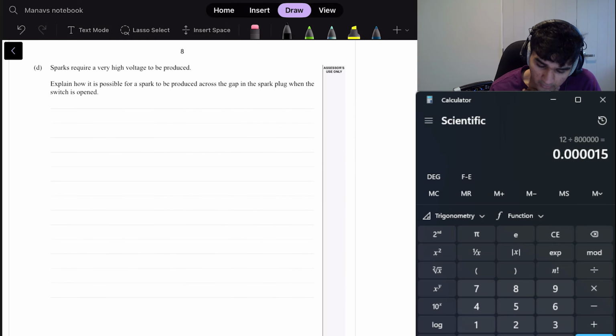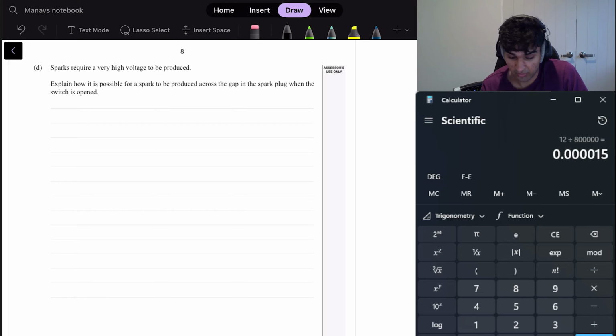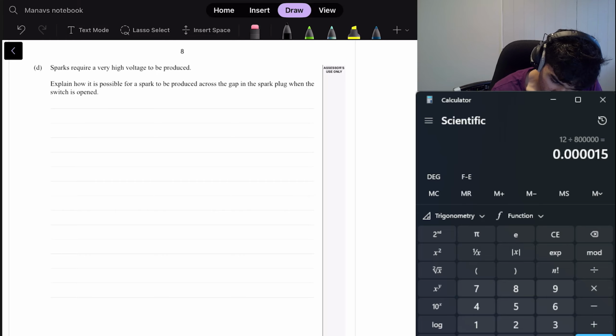Sparks, where a high voltage should be produced. Explain how it's possible for a spark to be produced across the gap when the switch is opened. Okay. So when the switch is opened,